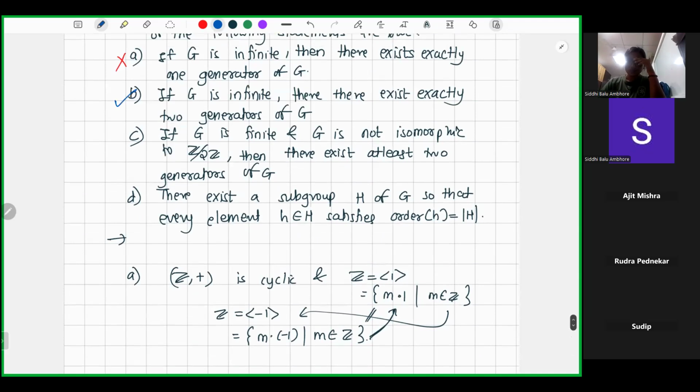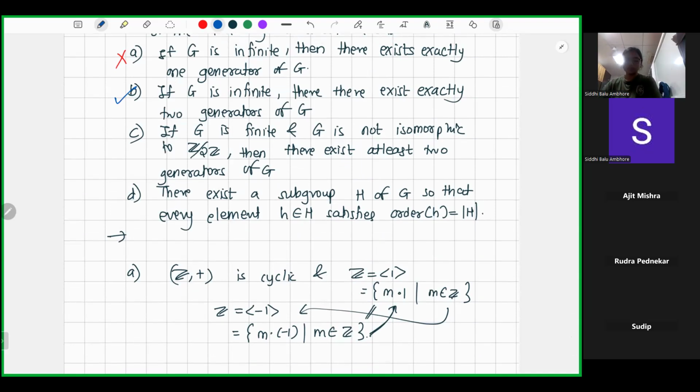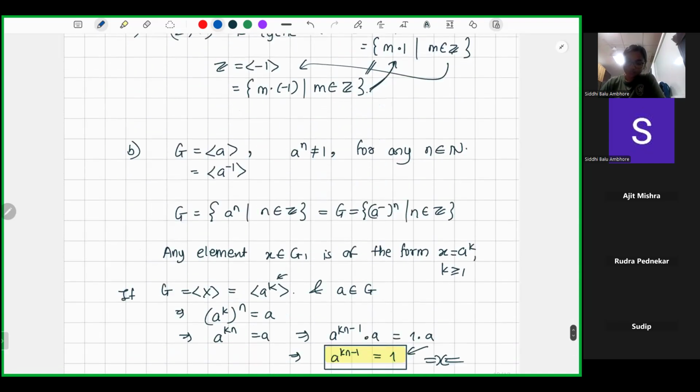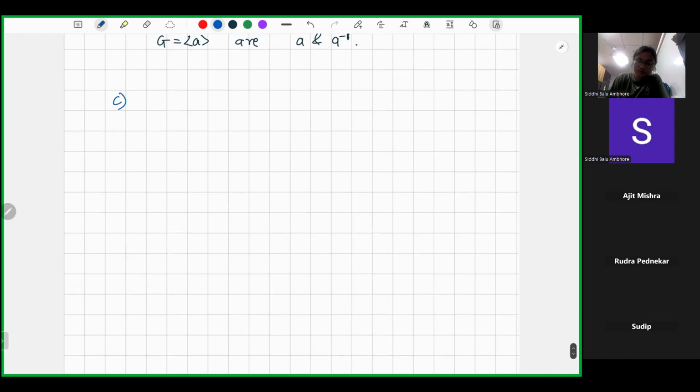C part: if G is finite, just a second, let me check. Yeah, if G is finite and G is not isomorphic to Z mod 2Z, then there exist at least two generators of G. G is finite is given. Let me write the given conditions. G is finite. G is not isomorphic to Z mod 2Z. To check,